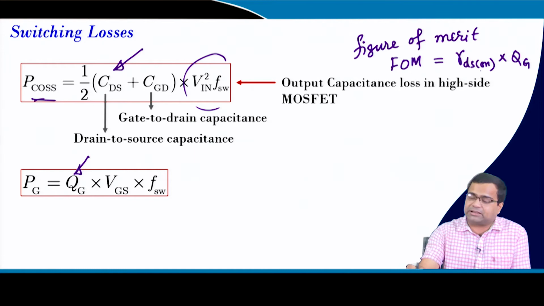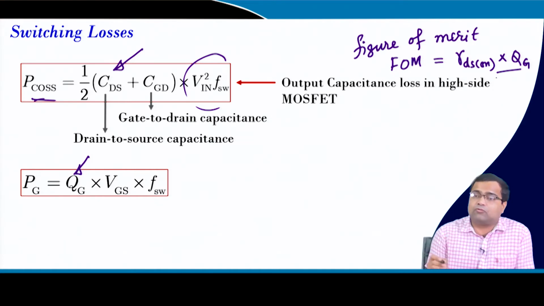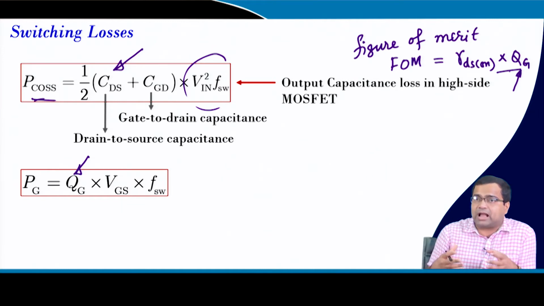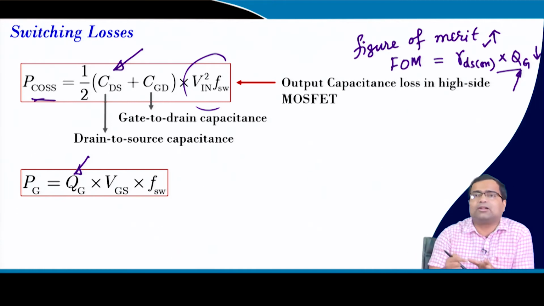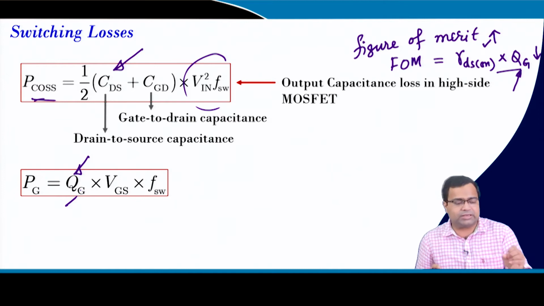This is particularly important because if you go for very high switching frequency, then you need to reduce the QG. But at the same time, if you want to operate the MOSFET for a higher current, then the conduction loss, the RDS on will be high, because you are reducing QG, so RDS on will go up. If you operate this MOSFET for a higher current application, then this RDS on will contribute to a significant increase in the conduction loss. So, this figure of merit is a trade-off between the conduction loss and the switching loss, and it is associated with the driver loss. If you can reduce the QG, you can reduce the driver loss.